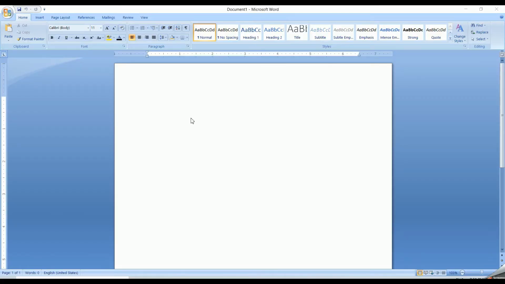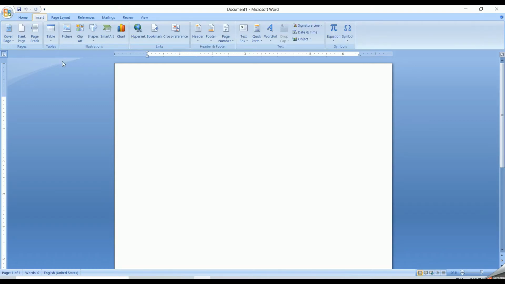Now see, since I don't have any data on my Word document for creating a chart, as I told you, for creating a chart you need some sort of data. So I don't have that. I can click anywhere on my, as you can see, this is the main home screen. Everybody knows that of Word. So now you can click anywhere on the screen, and now go to the Insert option.